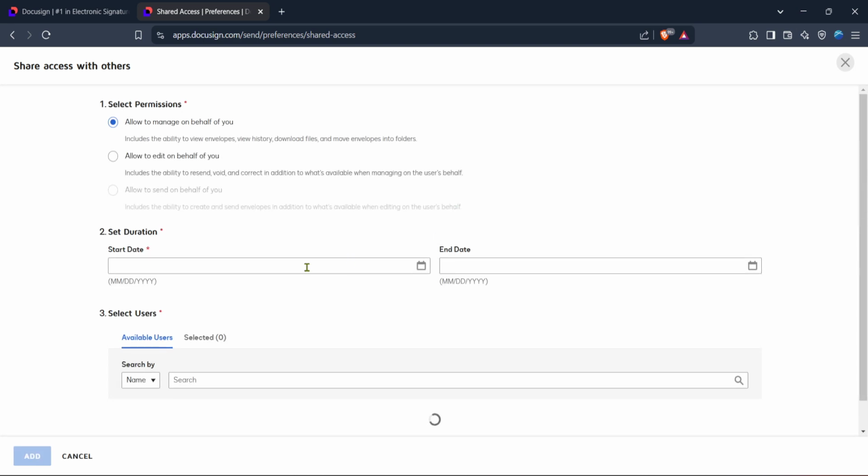By clicking on Shared Access, you enter the section where you can manage who has access and what level of access they hold over your envelopes. This feature is especially helpful when you're part of a team or when you need someone else to manage certain tasks temporarily. If you wish to add someone for shared access, look for the option to do so within this